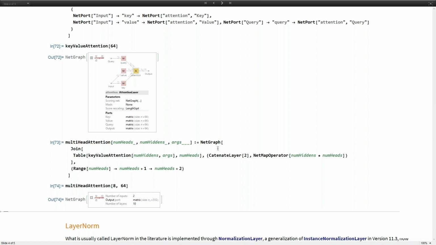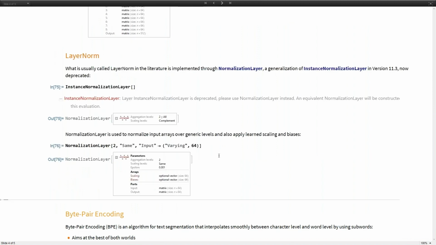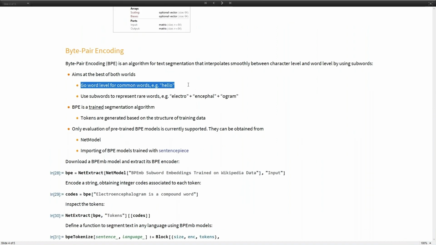So it aims at the best of both worlds, and usually in common implementations, you go word level for common words. So if you see hello, you segment the entire word. But if you have rare words or compound words or acronyms or anything like that, you usually use subwords. So for example, you can segment electroencephalogram into these 3 pieces.